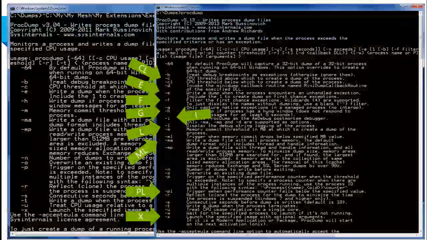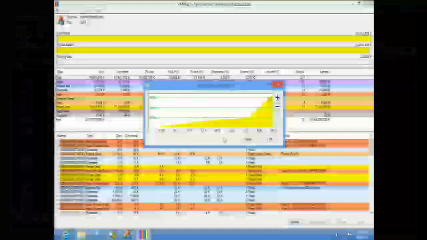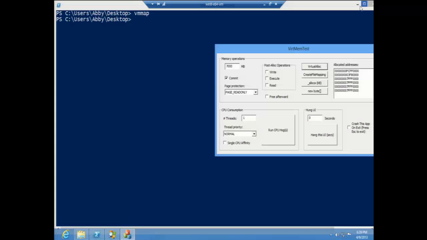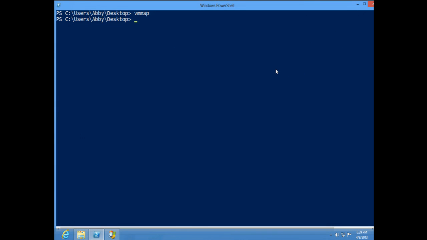Let me do some demo on this. Okay, so first of all, I want to point out that you just run ProcDump.